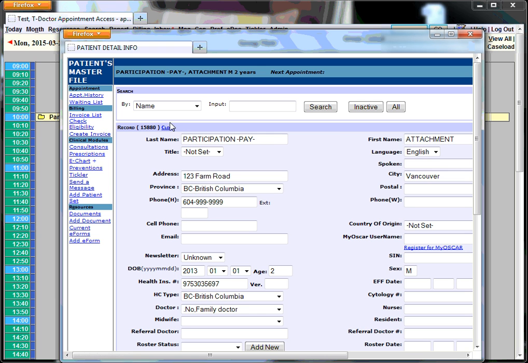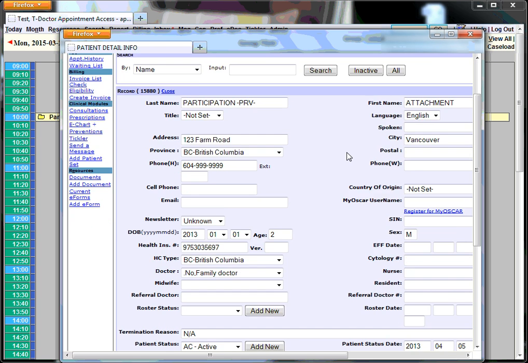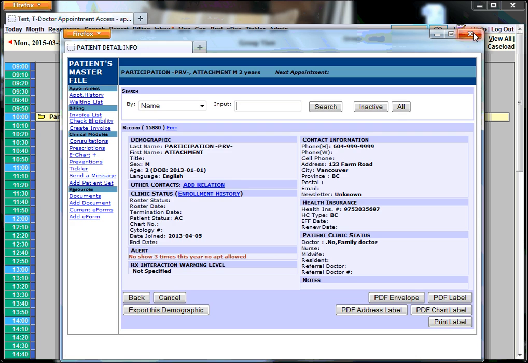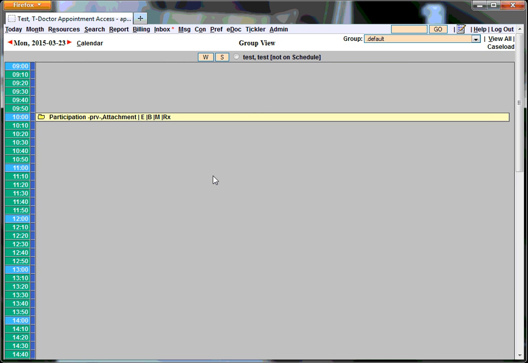Another item that can arise is this one called PRV. PRV would mean that this patient is a private patient. Private patients are usually from out of the country. They can also be from Quebec. Patients from Quebec are not covered by the provincial health system, so they need to pay privately, as well as patients whose care cards are not valid,